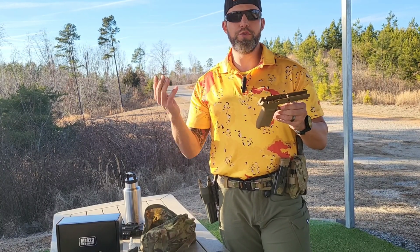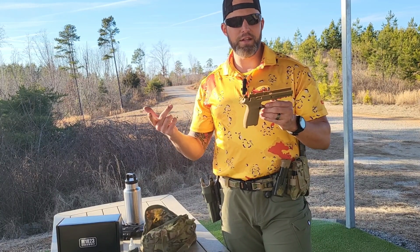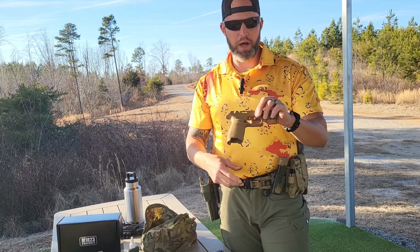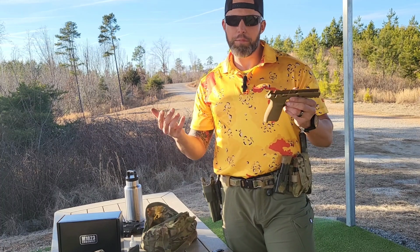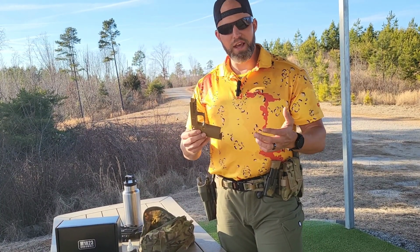If you peruse the internet for 10 minutes, you're going to hear problems with SIGs accidentally discharging. You're going to hear problems with the SIG frame cracking or breaking due to the way that the polymer is made or plastic's made. I don't think it's actually the same polymer that like Glock uses. Glock kind of nailed it pretty well with that piece, and we'll have to give it to them. But with that said,